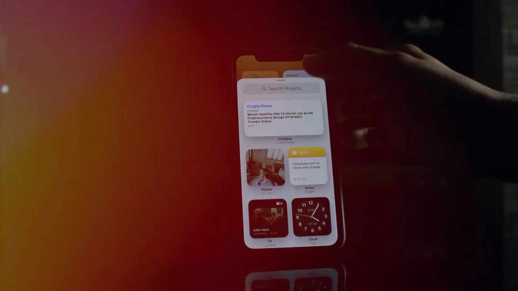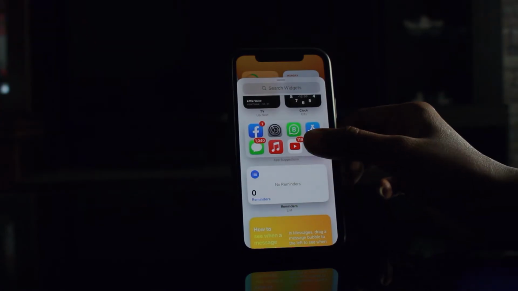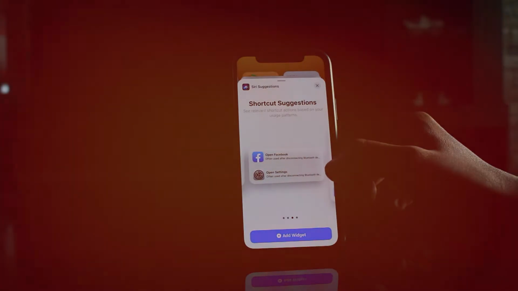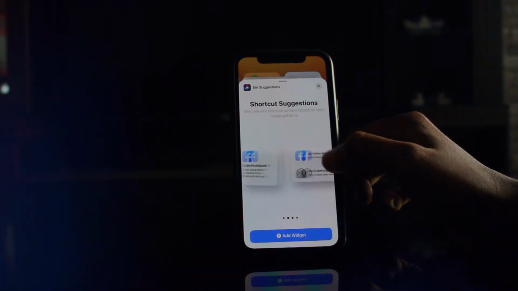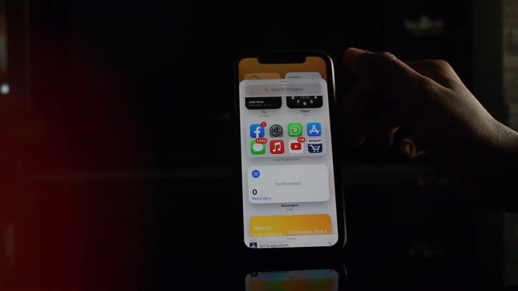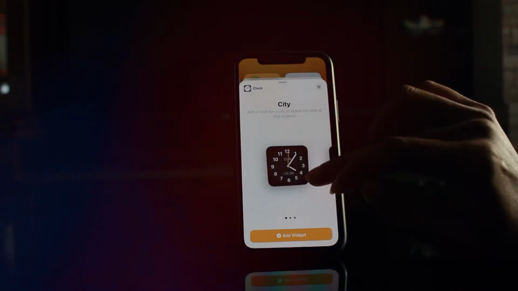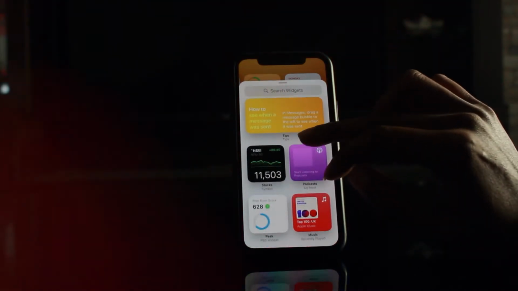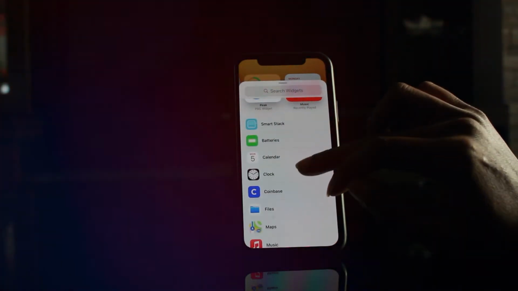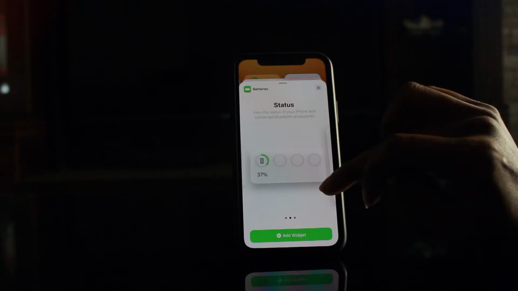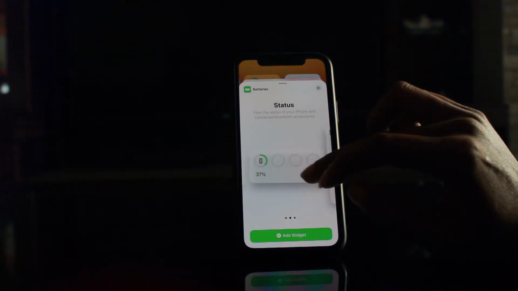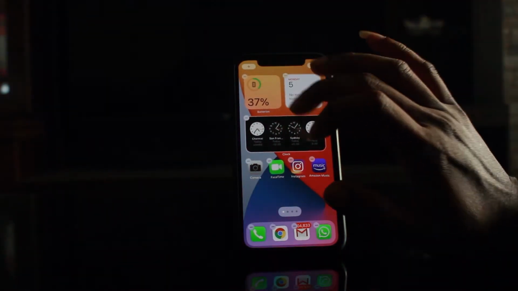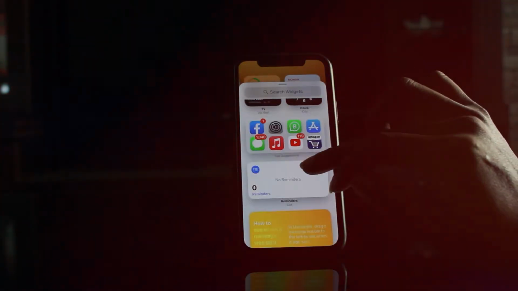Also, one more thing, there are so many shortcut suggestions and customizations which iOS 14 has given us, so that also you can follow, and you can see here the different widgets. So which one you like, you can keep. Regarding your social media apps, this is the clock widgets with plenty of different options, and then down there you have batteries. So different styles of battery widgets will be there. You can choose as per your requirements, and yes, that's how it would be displaying on your screen.